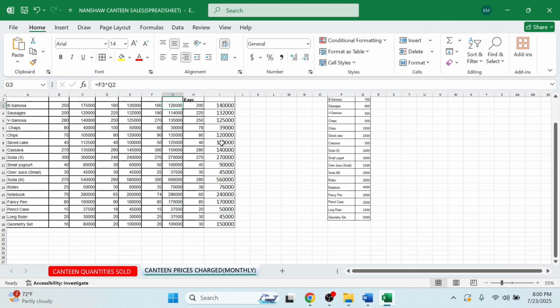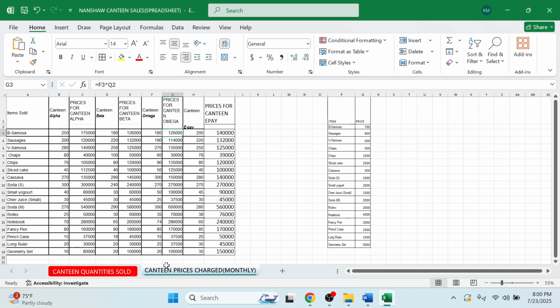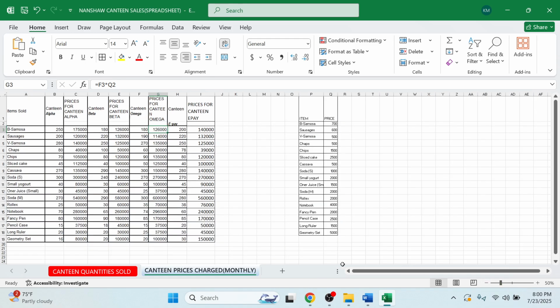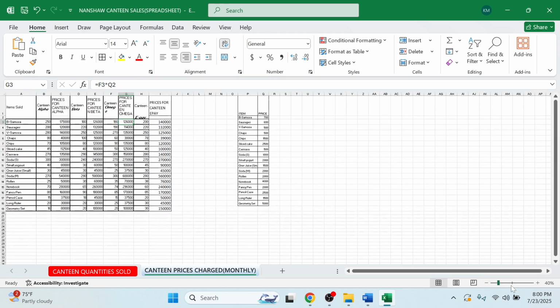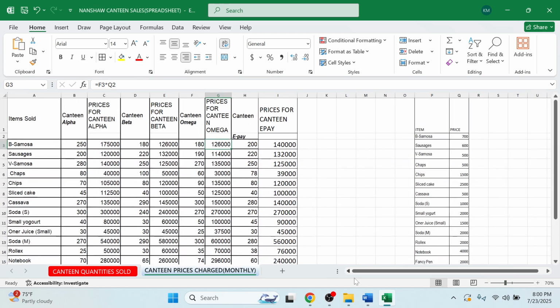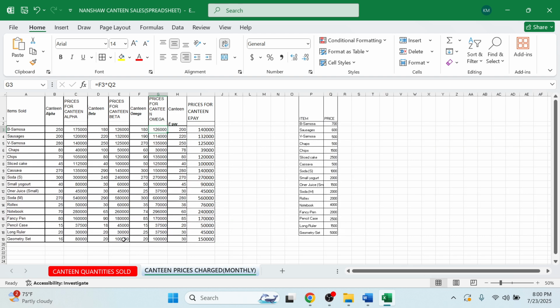So what I do is calculate the grand total of each canteen, because it was required in the first hint of the question. I'm just reducing the size of the sheet because the letters, the numbers, the text are just becoming huge. That's why I'm reducing this so that I can properly see what I'm doing. Then I'm going to start with prices for Canteen Alpha, and I'm going to do that from cell C24. C24 is right here. So at C24, I'm going to type monthly